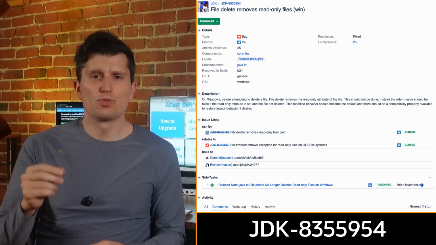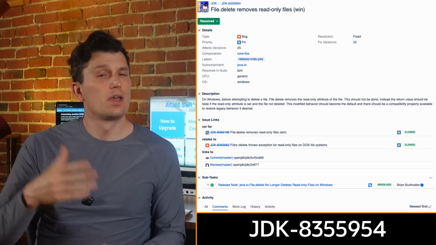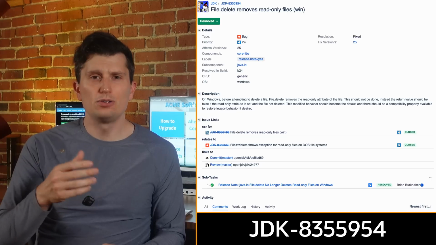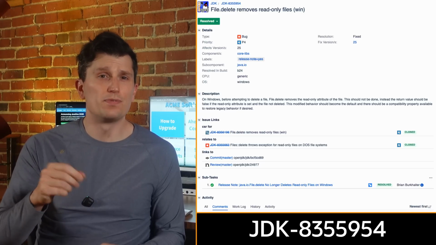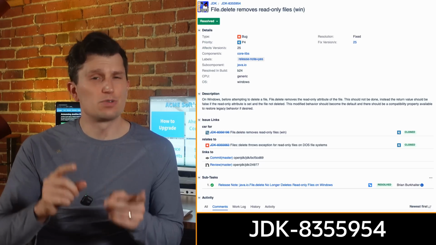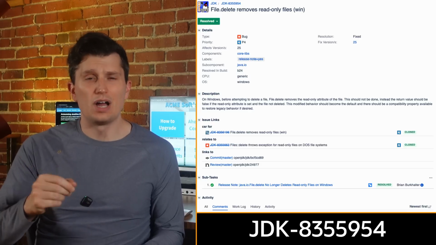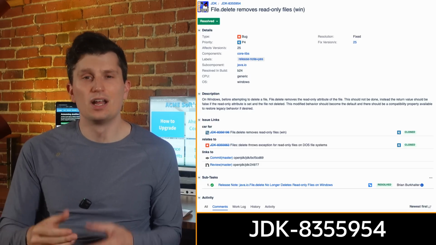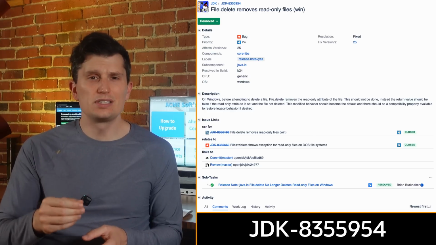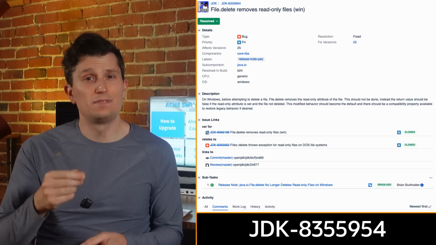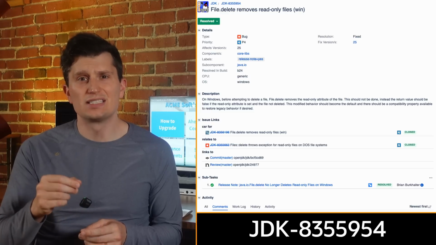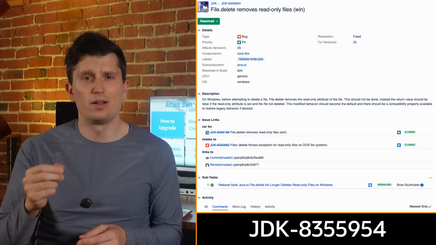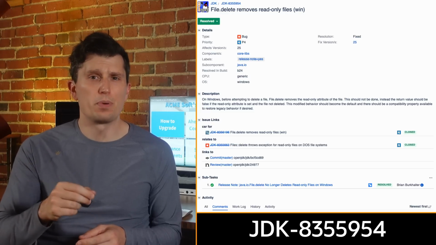java.io.File.delete no longer deletes read-only files on Windows. Prior to JDK 25, File.delete deleted read-only files by removing this DOS attribute before attempting to delete. As removing the attribute and deleting the file do not comprise a single atomic operation, this could result in the file still existing but with modified attributes if deletion were to fail. If your application does depend on this behavior, you can set the jdk.io.File.allowDeleteReadOnlyFiles property to true to